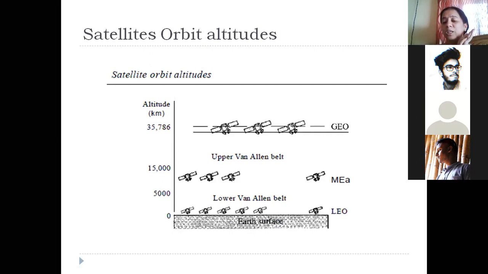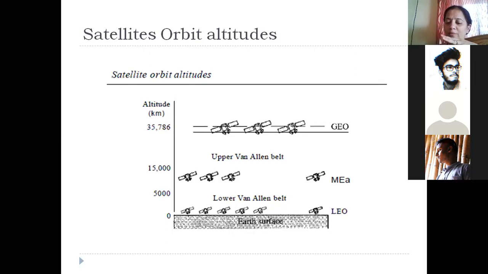you also have to understand what is the Van Allen belt. The Van Allen belt is a part of the Earth's atmosphere, beyond which the gravitational force is not going to work. So beyond that, they will simply orbit the Earth. They'll not be attracted down towards the Earth. So when your satellite goes beyond the Van Allen belt, at that time it starts orbiting the Earth. Okay, so there is a lower Van Allen belt, there's an upper Van Allen belt.